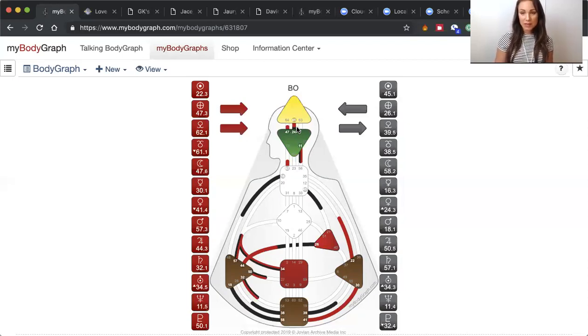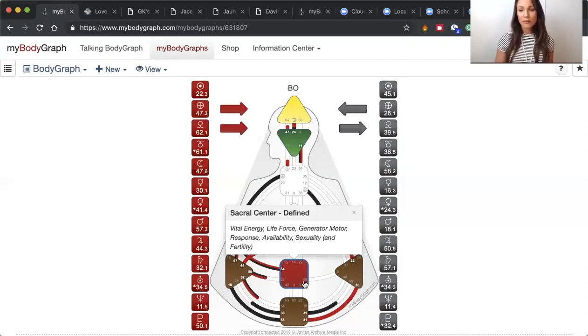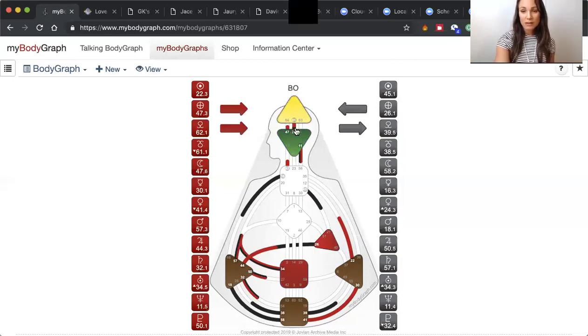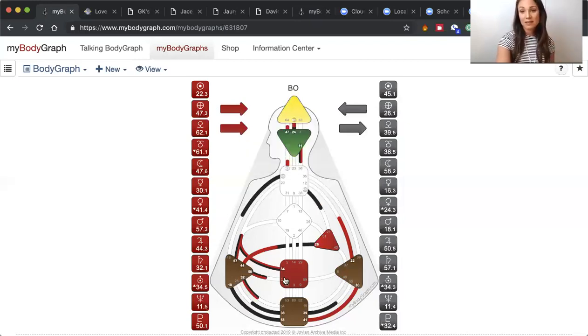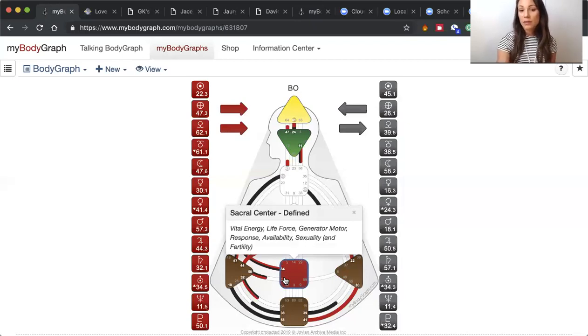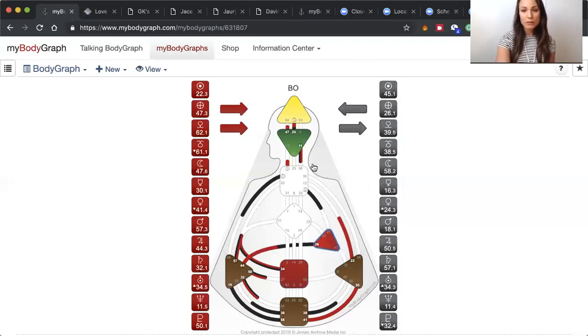So this is somebody, like I was saying, we have a generator here, and with a split. So if this generator would kind of forget the whole part of the generator down here and function from that life energy, from that saying yes through the body, from that feeling and living through the emotion and the instinct and intuition, and just go up and live in the head, then that could be a shadow, because it's not somebody who's supposed to live. Nobody's supposed to live from the head, and especially somebody like this that has all this activation here, who really wants to regenerate through those centers. So then it would be the psychosis and the addictions of those two gates,